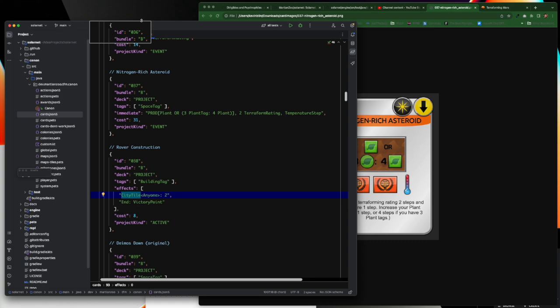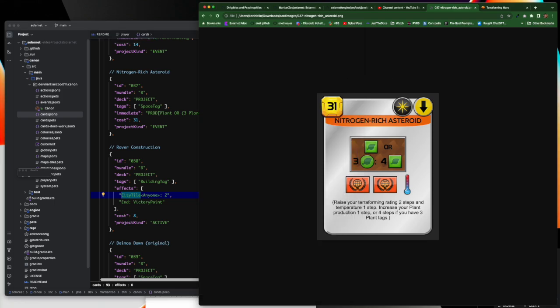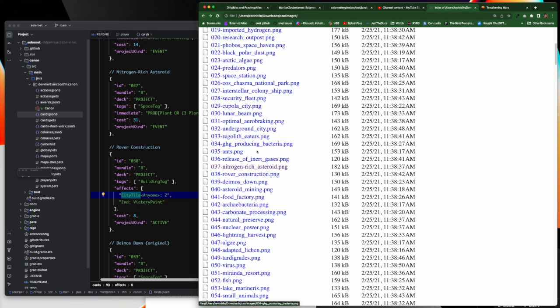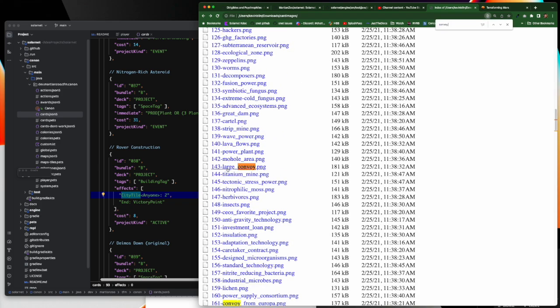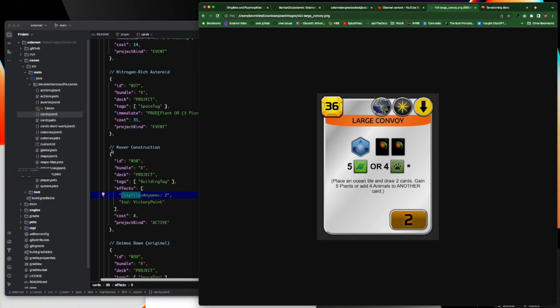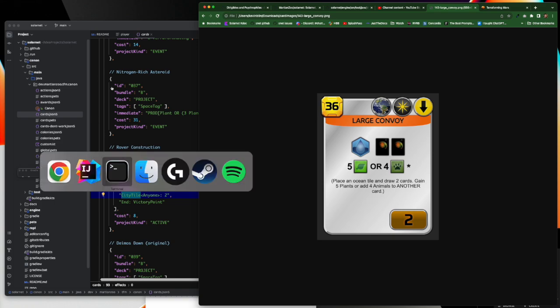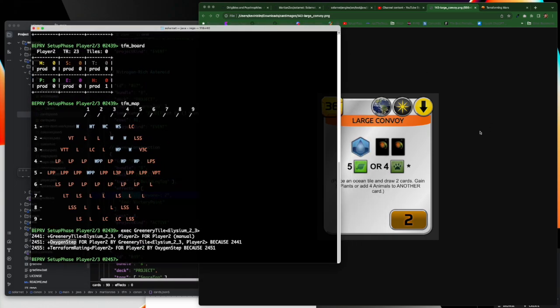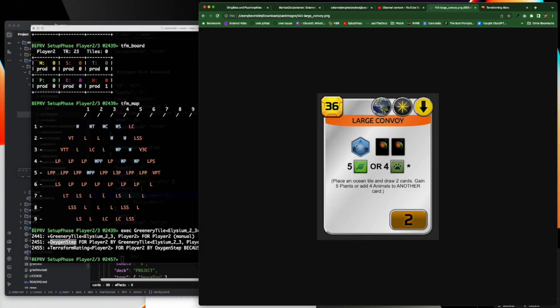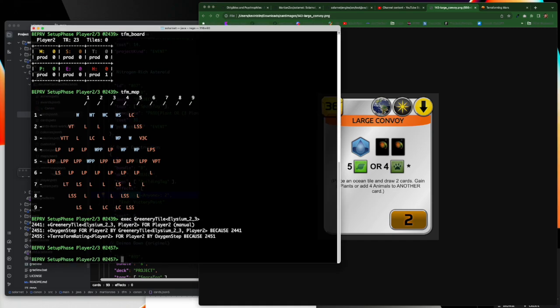So, okay, let's see. Let's pull up large convoy. I want to show another salient piece of information about the engine. Okay, so large convoy looks like this. It has all these effects. Okay, that sounds like other things that we've done that have had effects. So let's suppose that